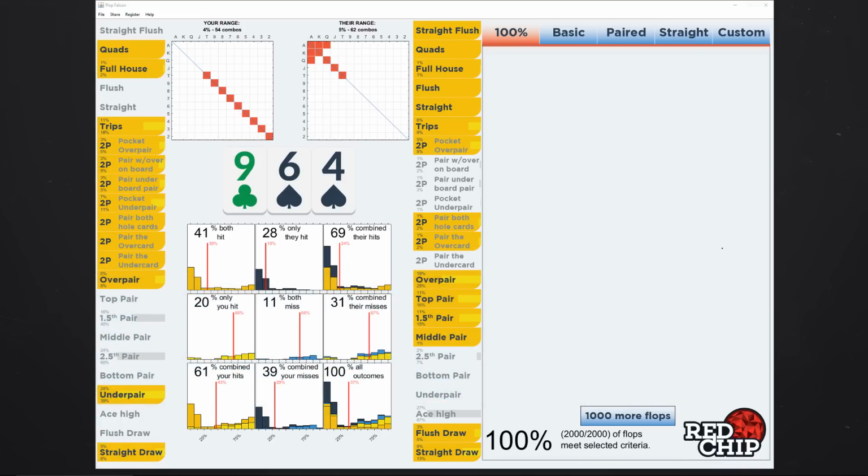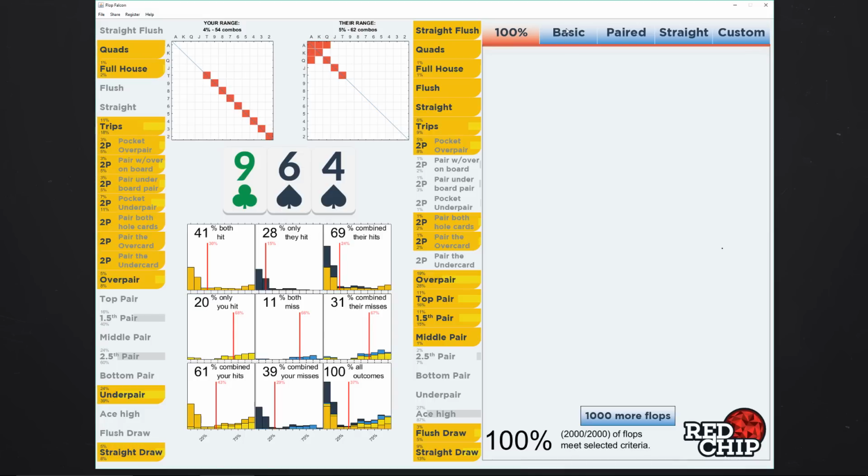All those kinds of questions we can answer very easily with Flop Falcon, but I need to show you what the software looks like and how it operates before we can jump into the really technical stuff and answering things in a very strategic way. So again, this is the bare broad strokes look at it, but I also want to show you